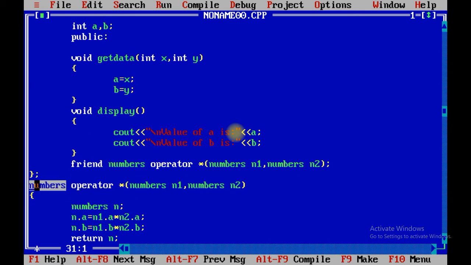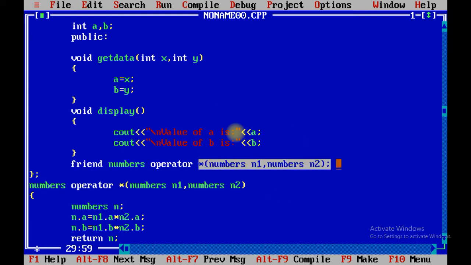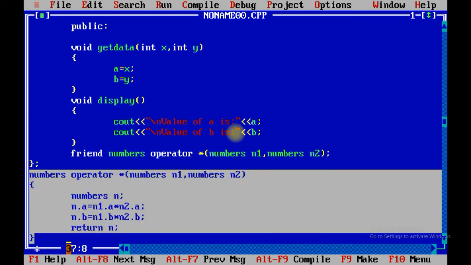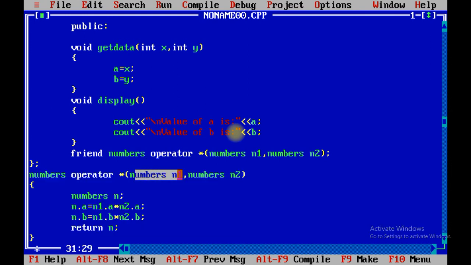This is only the concept of the friend function: you can define any operator overloading using a friend function. Generally in the case of binary or unary operators, when you are going to overload an operator, in the case of binary you just need to define two arguments, in that case declare that function as a friend function, and a friend function can be declared outside the class. In that we have taken two objects, n1 and n2.